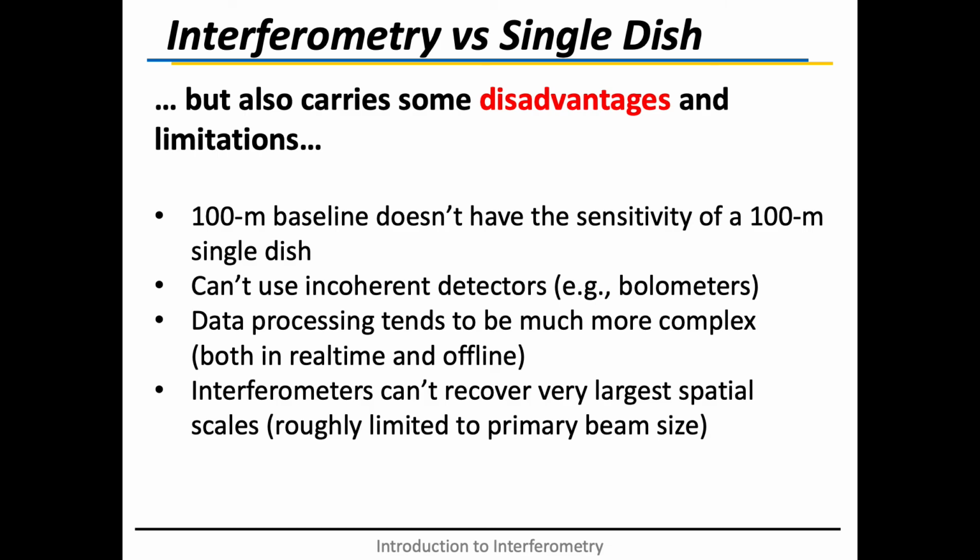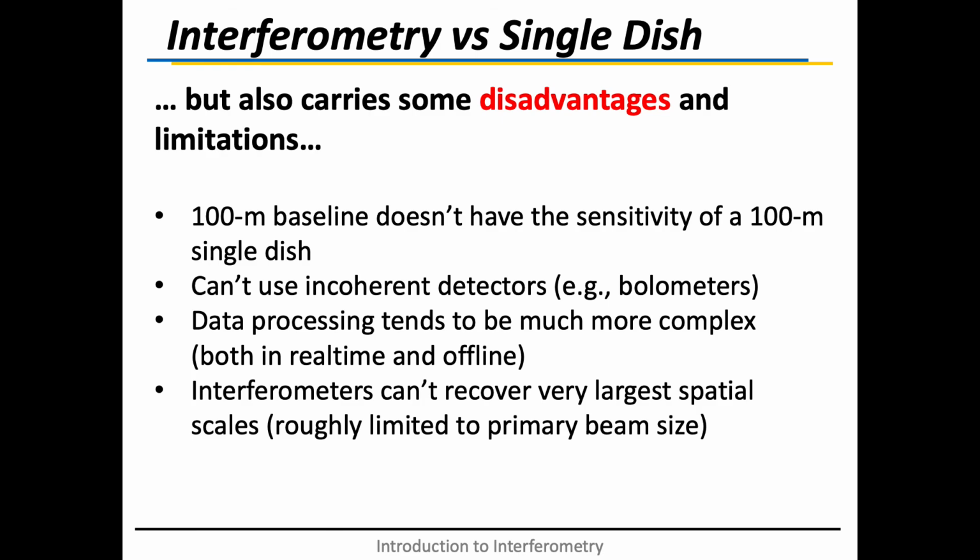You can't use incoherent detectors like bolometers. Bolometers tend to have lower noise properties than coherent detectors like heterodyne receivers. The reasons for that are beyond this lecture, but typically if you're looking at pure sensitivity limited measurements, you can sometimes do much better with a single dish, particularly with very wide continuum-like objects that you're looking at, with certain caveats. Data processing for interferometers tends to be a lot more complex,